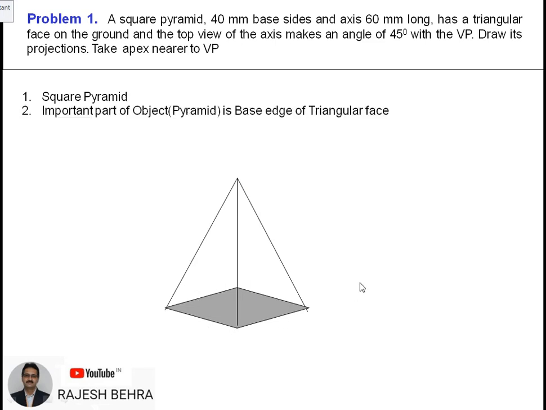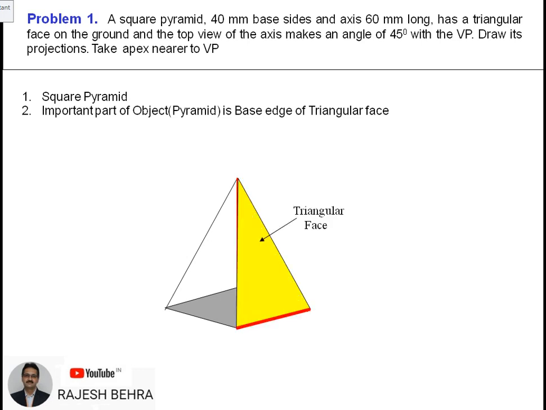The important part of the object in the question is mentioned as a triangular face on the ground. This triangular face has a base edge. So we have to take care either of the base edge or the corner; something has to be mentioned there. Here in our problem it is given as a triangular face on the ground. That means somewhere this base edge is becoming one of the important objects. This is the particular triangular face